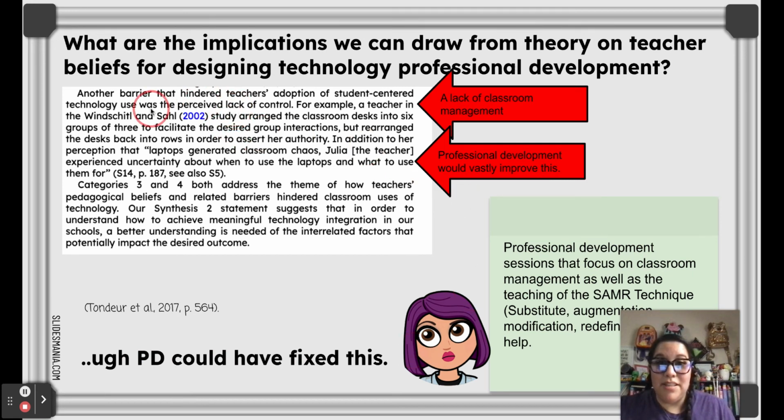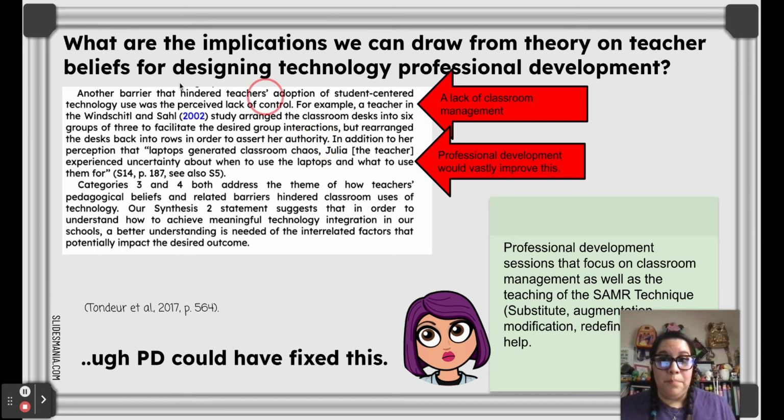this really hurt my heart when I read this, that it said, for example, a teacher in the Winchell and Saul study arranged the classroom desks into 6 groups of 3 to facilitate the desired group interactions, but rearranged the desks back into rows in order to assert her authority. And I really thought that a professional development session for her on classroom management would have really impacted not only this teacher, but also her students, because she would be learning better classroom management strategies, and she wouldn't have to